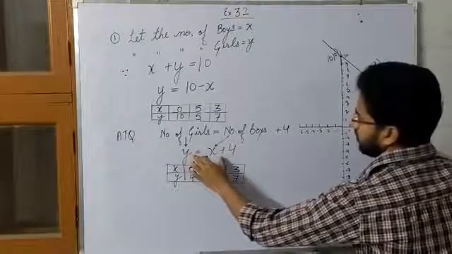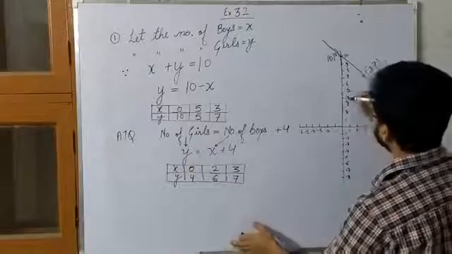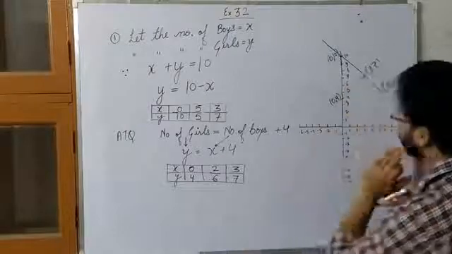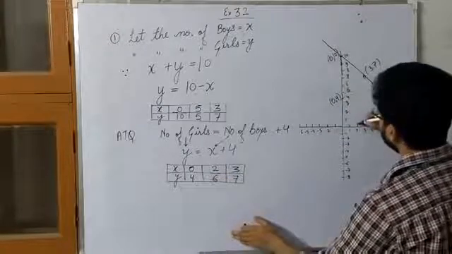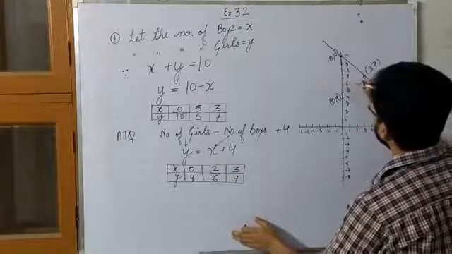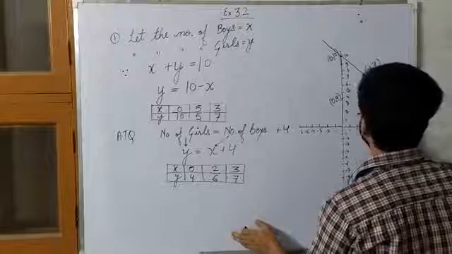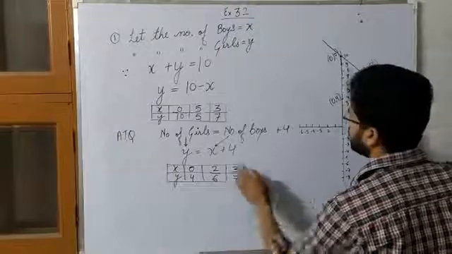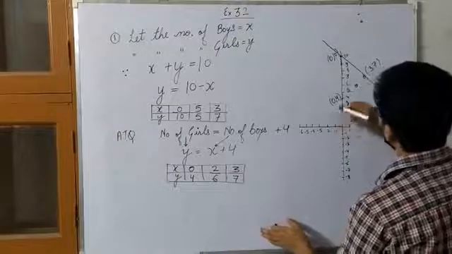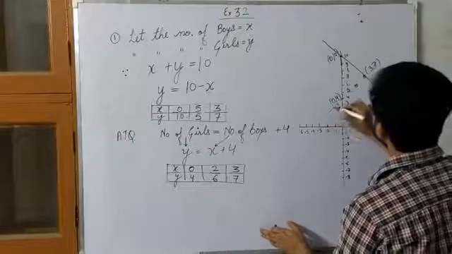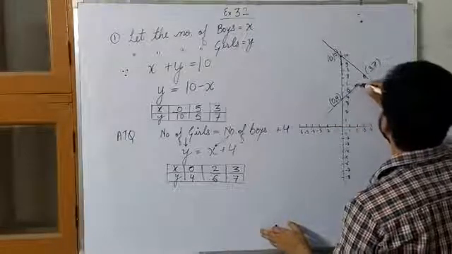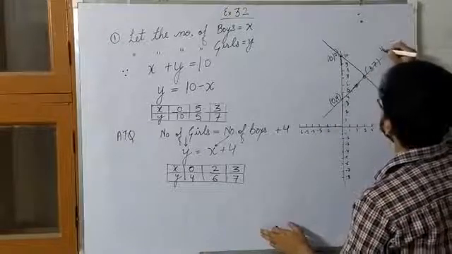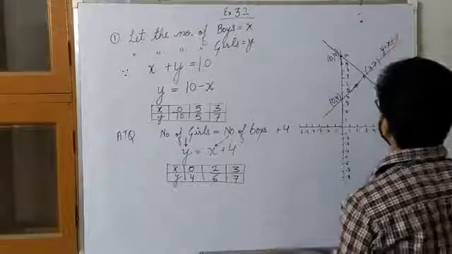Now second equation, first point is 0, 4. X is 0, y is 4. That means this point will be on y-axis, right? 0, 4. Now the next point is 2, 6. X पे 2, right? And y पे there is 6. So this point will be approximately here, right? 2, 6. And the third point is 3, 7. That means when we join these 3 points, again we get a straight line, and write down the equation on this line. The equation was y equals to x plus 4, right?